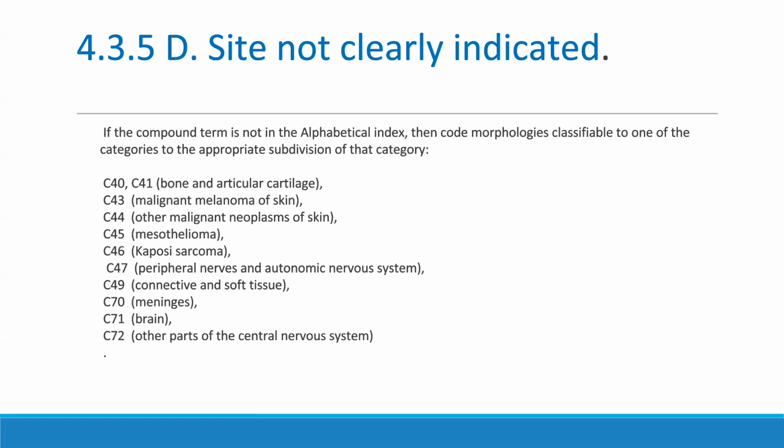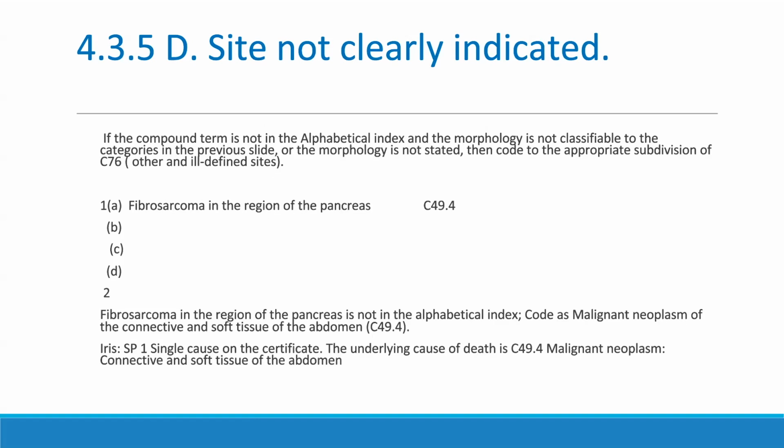The categories cover a range of body systems and tissues, from bone and skin to the nervous system and soft tissues. For example, a fibrosarcoma in the region of the pancreas should be coded as such if no more specific site is provided. It should be coded as a malignant neoplasm of connective tissue and soft tissue of the abdomen,